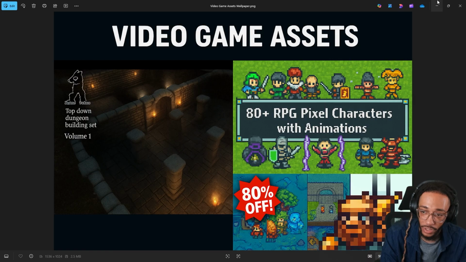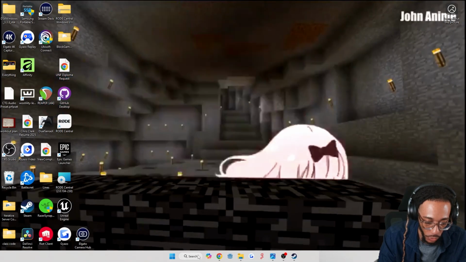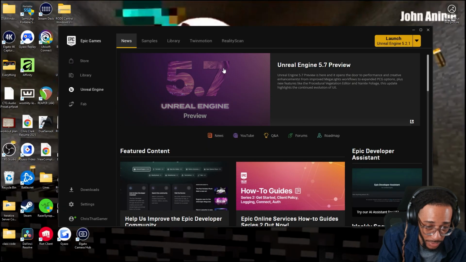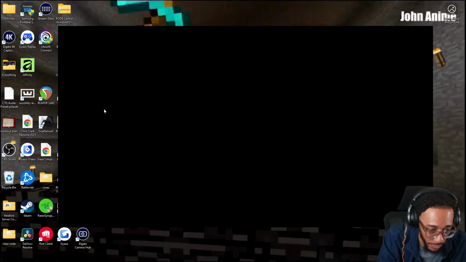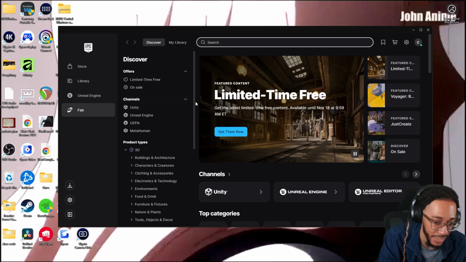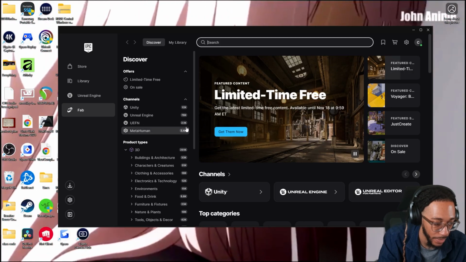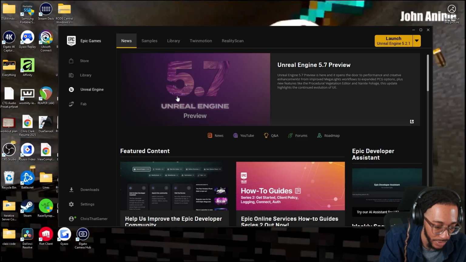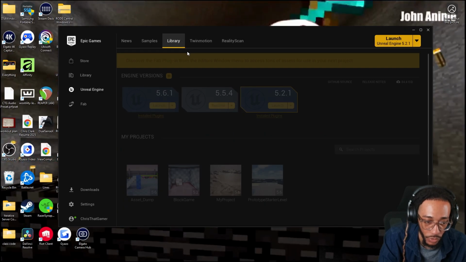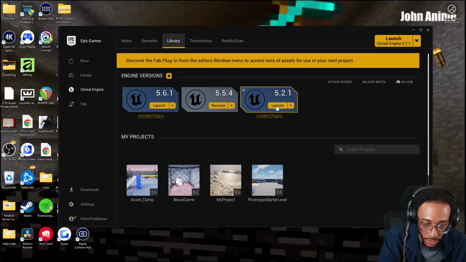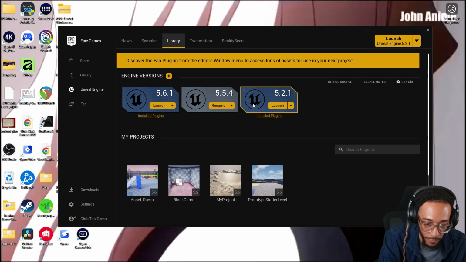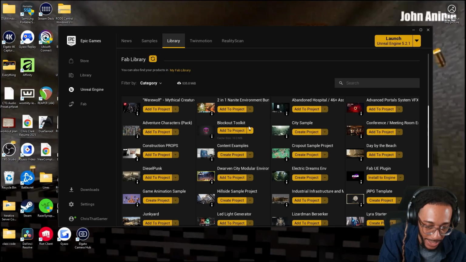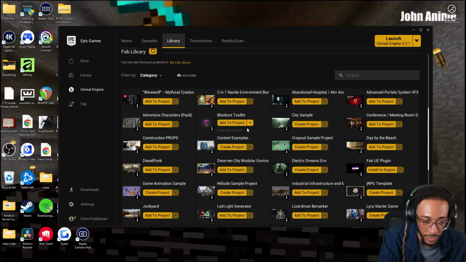So if I were to come down here really quickly and open up Unreal Engine. Okay, since I did that the wrong way, you open up Epic Games, you go down to Fab, since they have it in here. We could have done it this way, obviously. You can open up the launcher now and just have it in there. Sometimes I just like going to the website, but you can do it that way. When you go to your launcher, you just go to library and you can launch your engine from here. But if you also scroll down, it shows everything that you have installed as far as game assets,